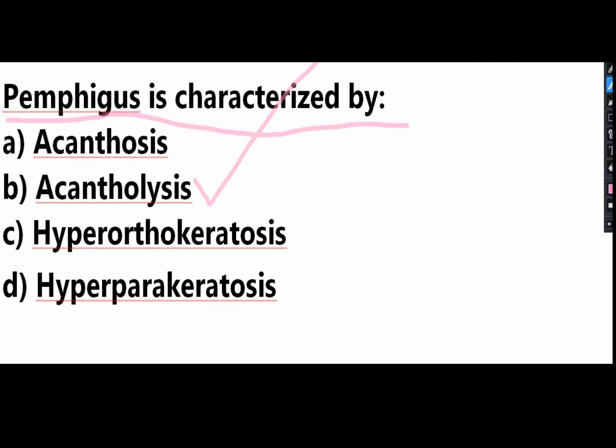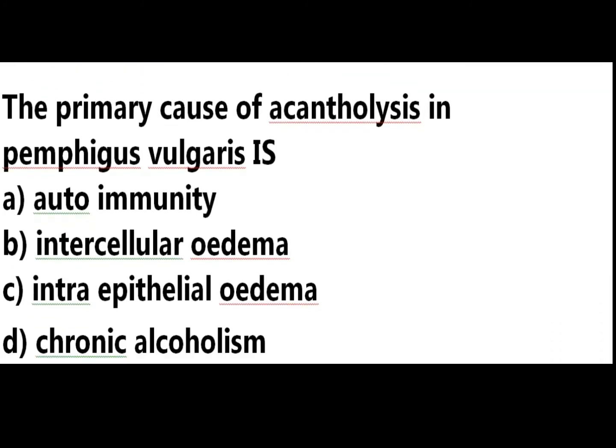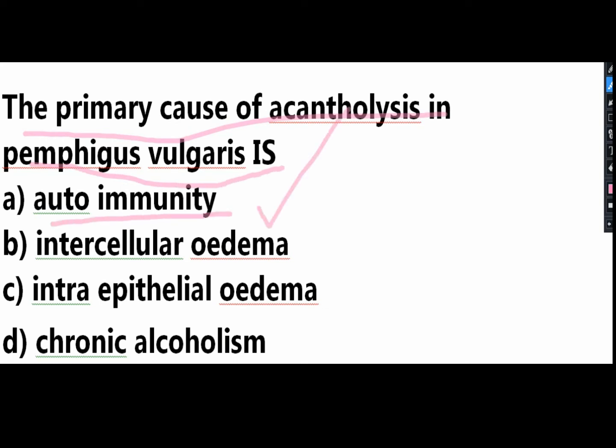The loose cells tend to assume a round shape, and these round cells can be seen in the exfoliative cytological preparation and are known as Zinc cells. So it is characterized by acantholysis. Now the primary cause of acantholysis in pemphigus vulgaris is